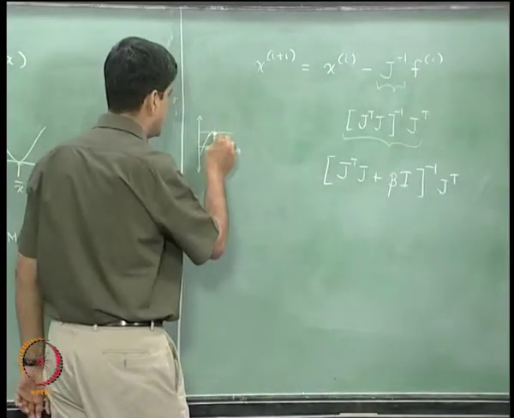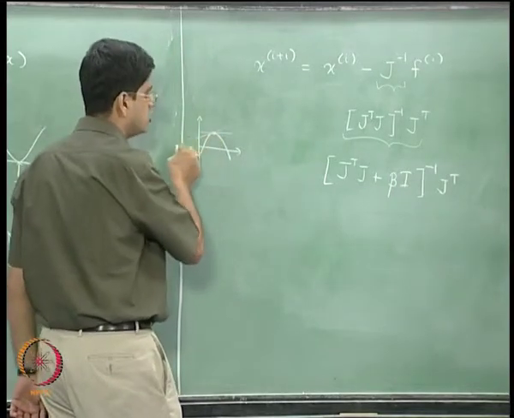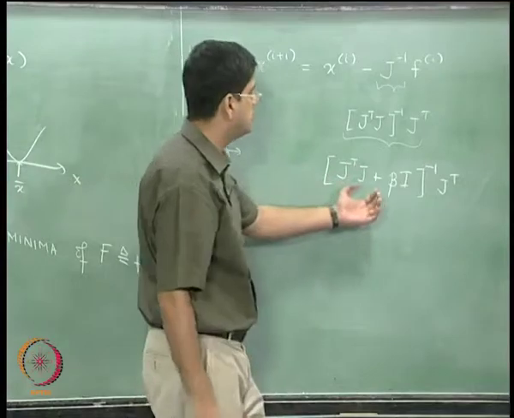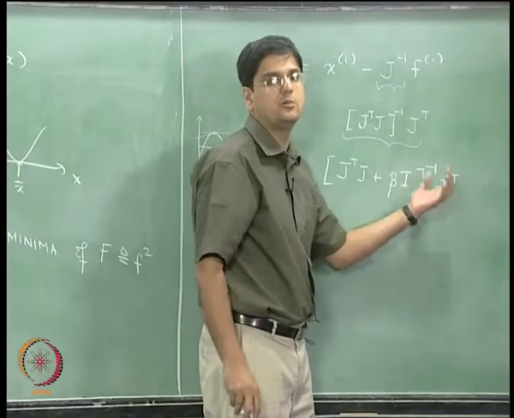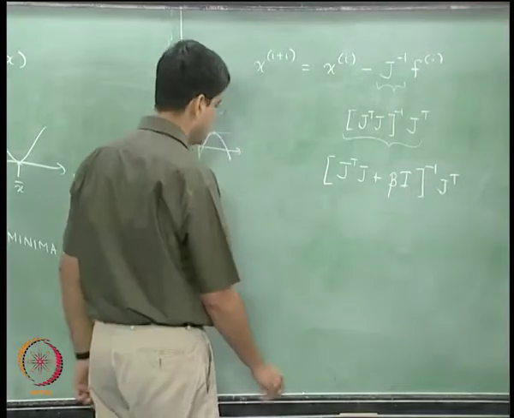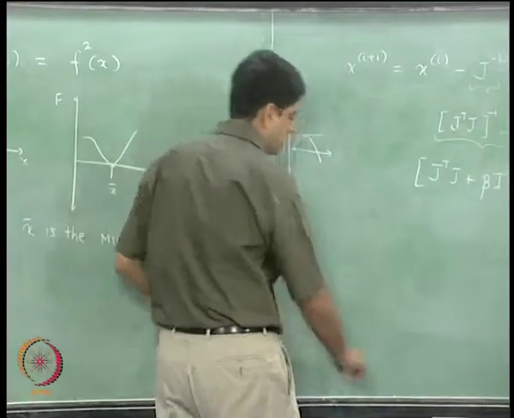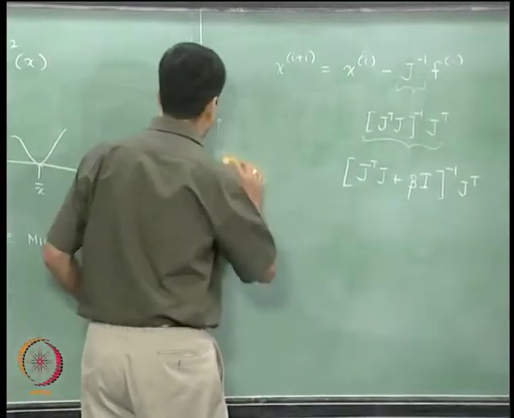So in the multivariable case this gives a slight slope, and by giving it a slight slope we prevent the overall method from stopping when J is not invertible. That is the whole idea over here, and the remaining terms remain the same